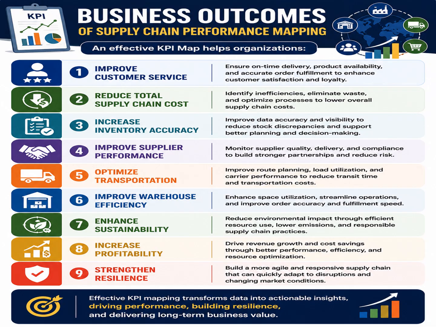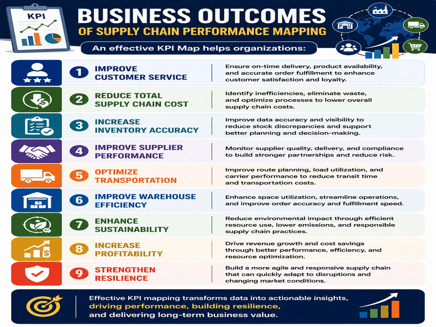A well-designed supply chain KPI map provides organizations with a comprehensive view of operational performance, enabling data-driven decision-making and continuous improvement. By monitoring and analyzing the right KPIs, organizations can identify performance gaps, eliminate inefficiencies, and align supply chain activities with strategic business objectives. An effective KPI map helps organizations improve customer service by ensuring reliable product availability and timely